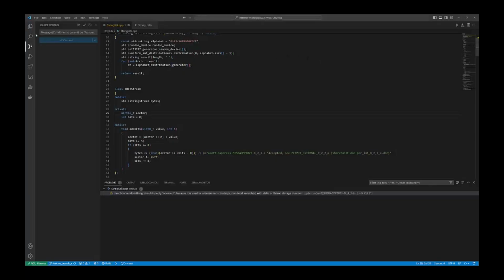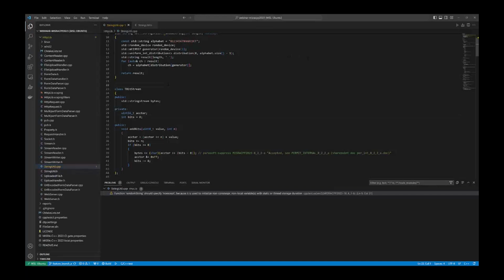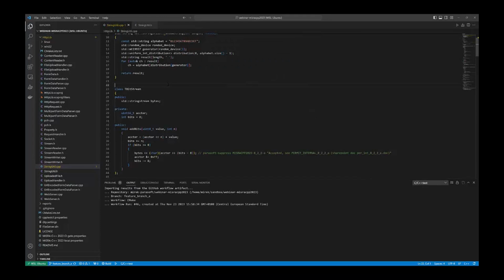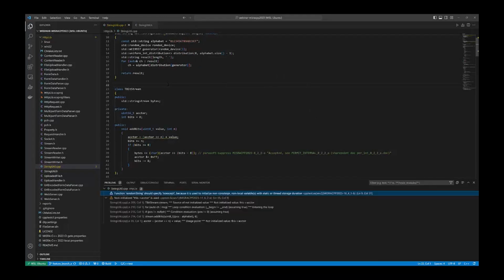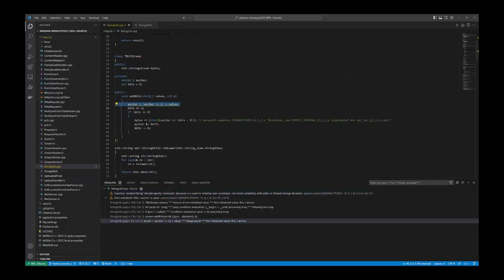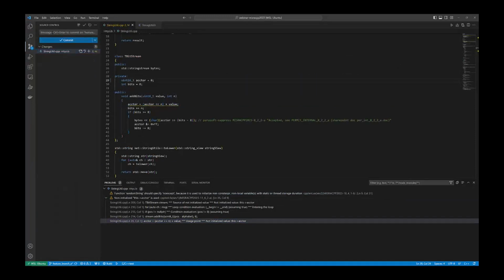So let me go back to my editor and simply download pipeline static analysis results to my workspace. Now I locally have everything I need to fix the problem. So let me quickly get the code right, and I'm ready to push my code.